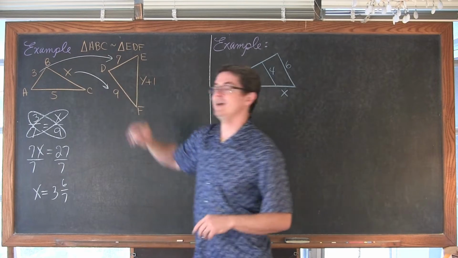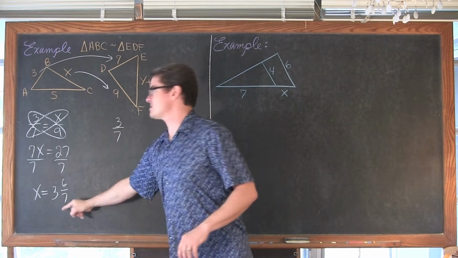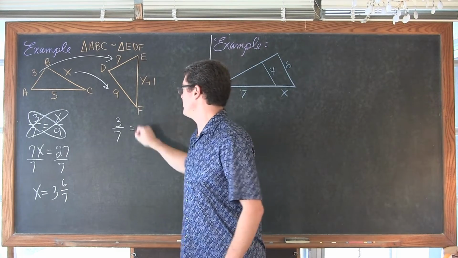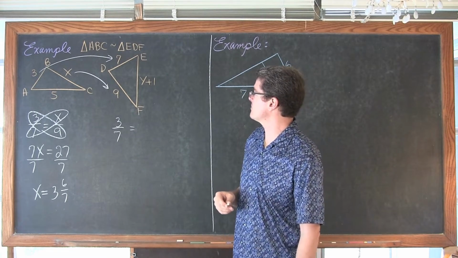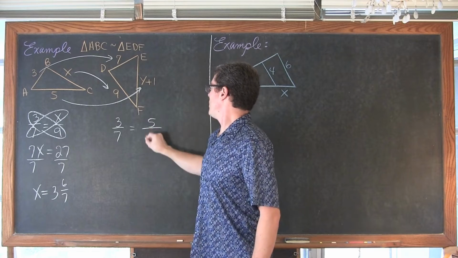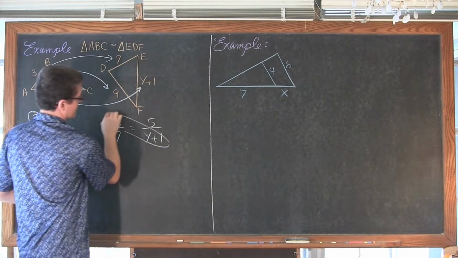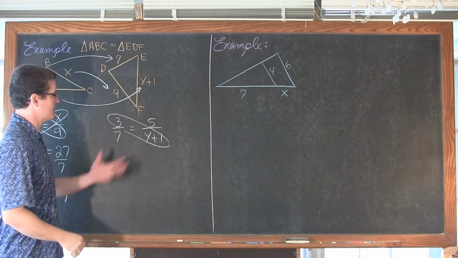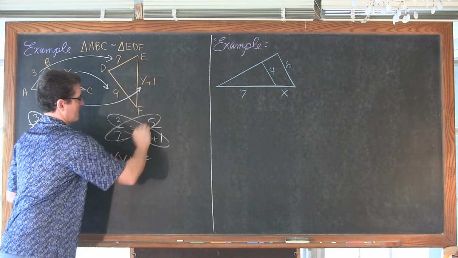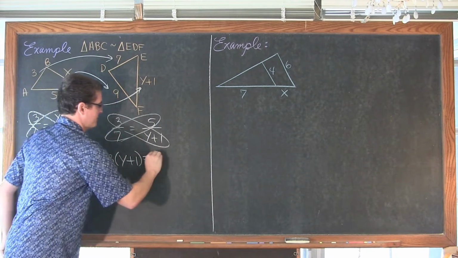So I'm going to keep using the 3 and the 7, the two known values that I was given in the first place. If I did something silly on this part and got some kind of wrong answer, I'm not going to continue that through the second part. Even if we know what we're doing, sometimes we hit the wrong button on the calculator or do something wrong in our head. So 3 and 7, now I'm going to match up the 5 with the y plus 1. Again, cross multiply. I like to do the part of the cross that has the variable in it first, to keep it on the left-hand side. Not required, but more often than not, I see my students get answers right when they keep the variables on the left, if they have a choice. 7 times 5 is 35.